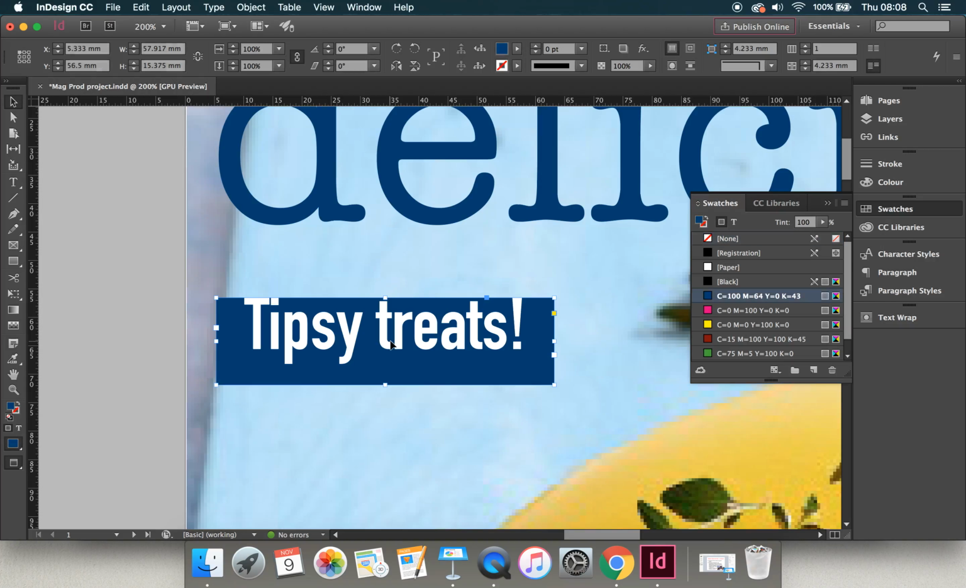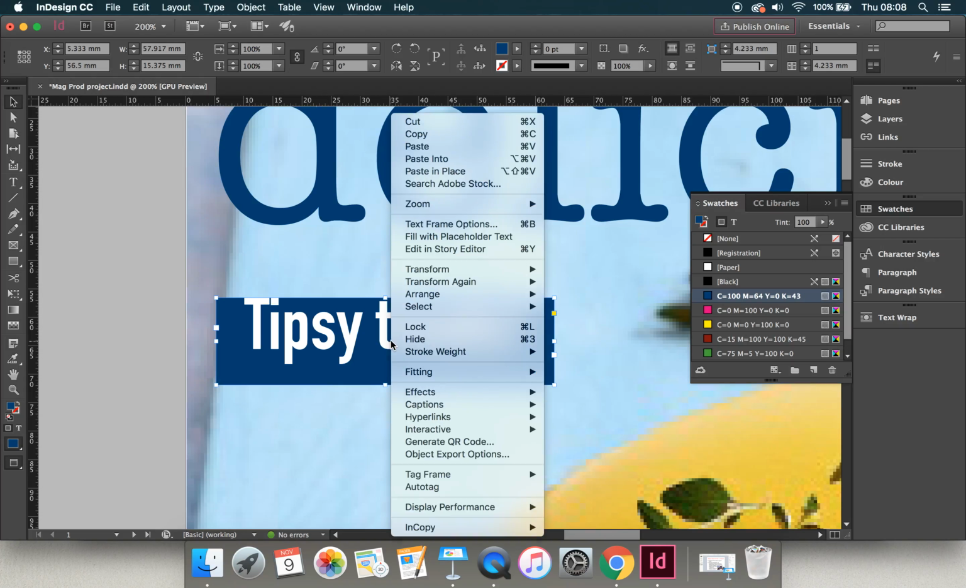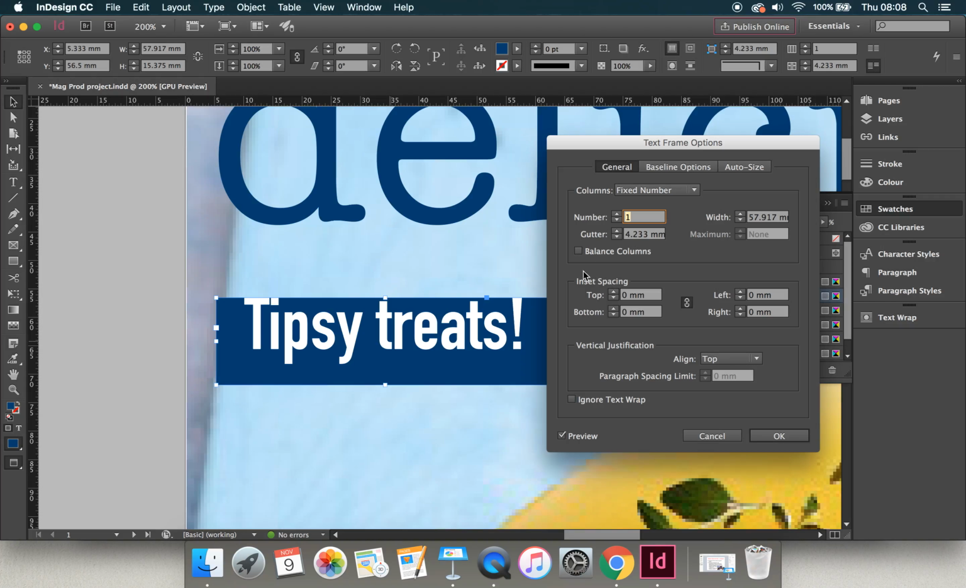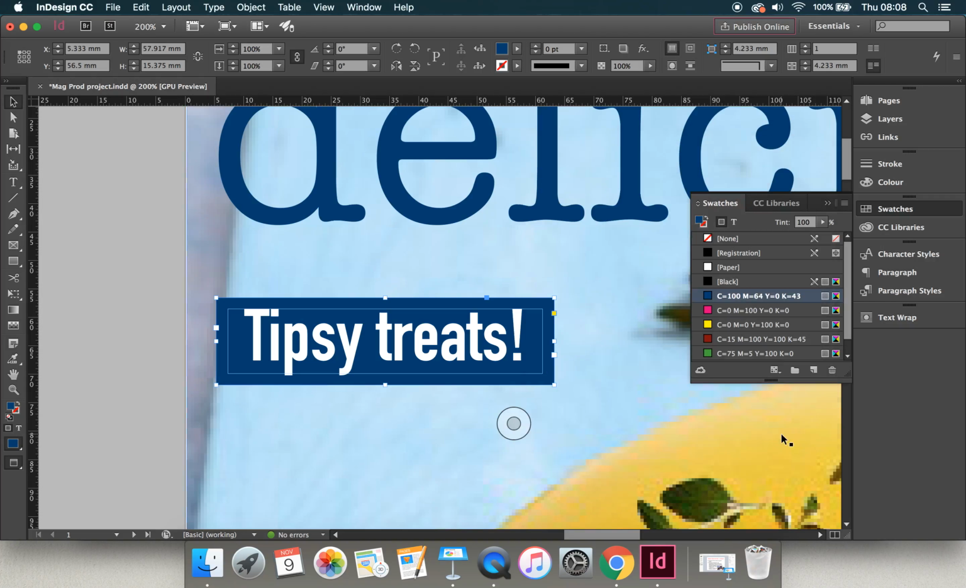So to do that, I click on the box, not in it, just on it, right click on it, and this menu should come up and there should be text frame options. If I click on that and then I go to this middle area, inset spacing, and I change these to 2 millimeters, you can see, if your preview box is ticked at the bottom here, you'll be able to see the changes you're making as you're making them. So I've just put a 2 millimeter inset all around the words in that box, and then I click OK,